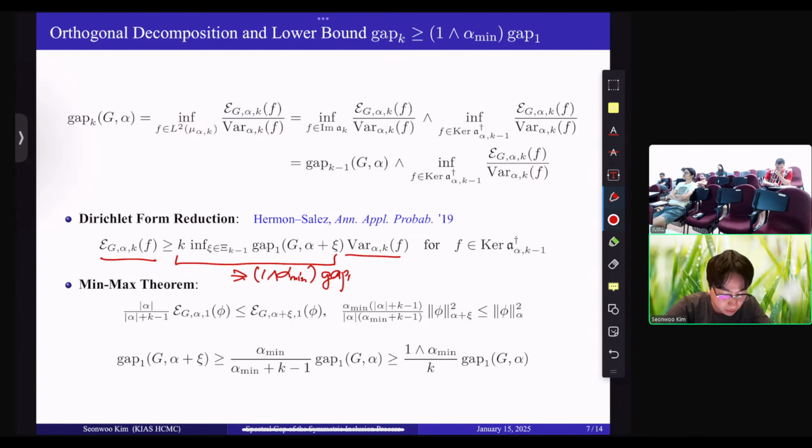And this is done in the remaining part. So we're just comparing the gap of g alpha plus psi, which is perturbed by the configuration psi, and the original gap 1, which is g alpha. To compare these two gaps in the same space, we just apply the well-known minimax theorem. So we compare the Dirichlet form and compare the variance or L2 norm,